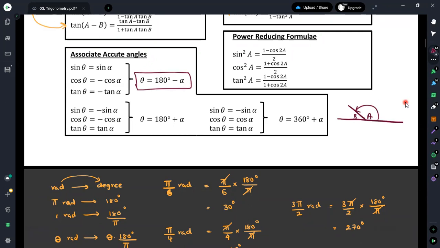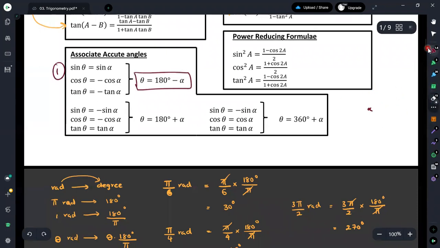Therefore, we can say that if you are considering this as the angle alpha, it is for the first part. Then we can say that it is in the second quadrant. I will explain it separately. Suppose that what we have had was in the first quadrant.